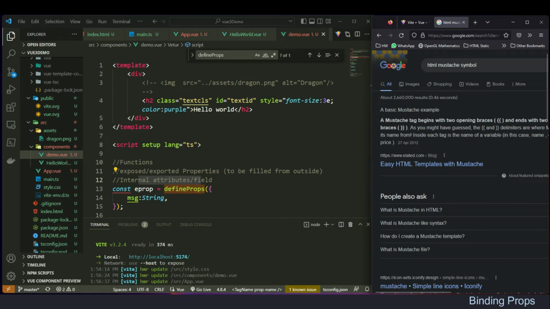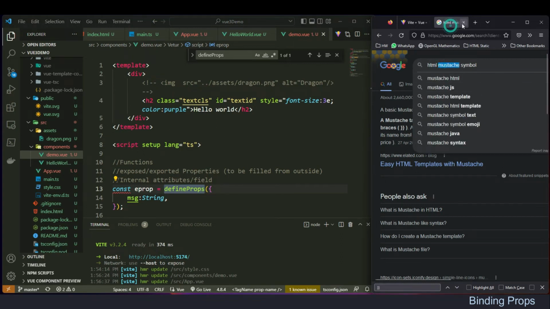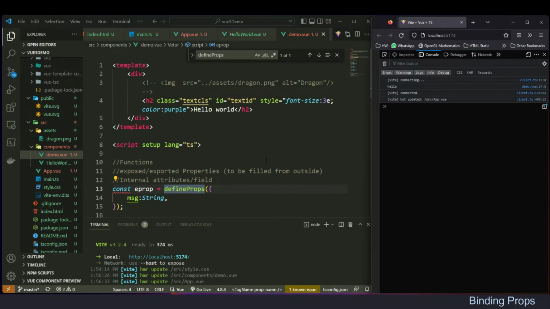Yeah, of course. I don't know why they gave it a mustache symbol. Two opening braces. It feels so chauvinistic, but still, we call it the mustache symbol. And I don't want to use the term mustache symbol. Let's call it double braces throughout the video. So we will use the double braces somewhere here in the hello world, double curly braces,